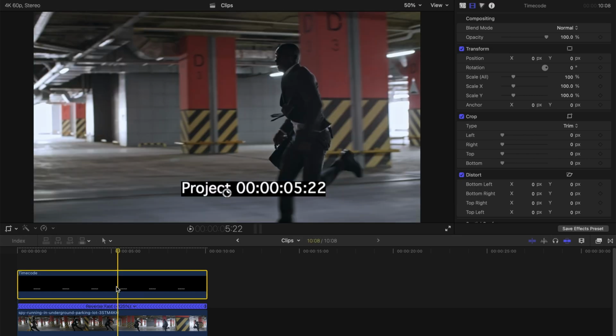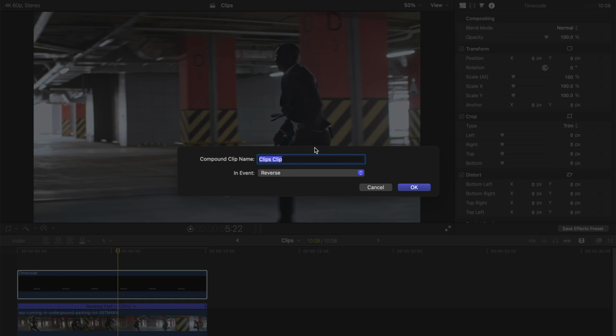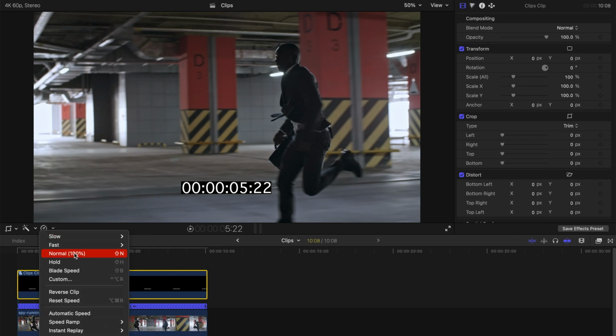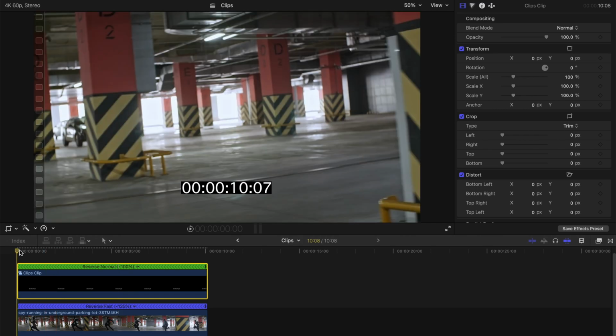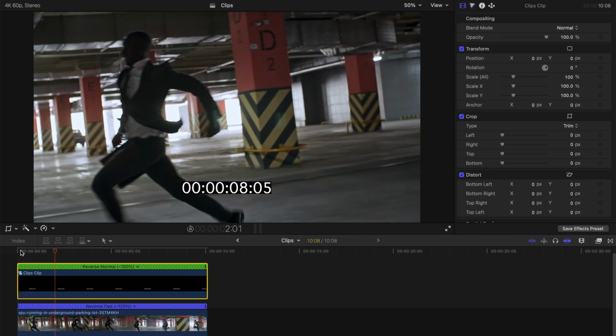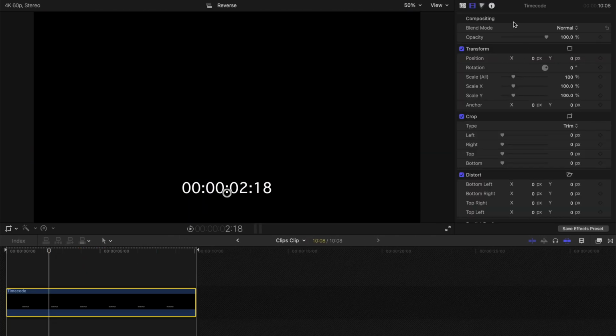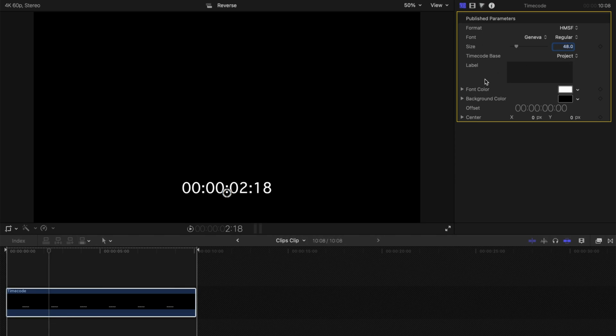And then I'm going to select this time code, press Option G to create a compound clip. Then select this compound clip, go to this speedometer icon over here and reverse the clip. And then voila, the time code is running backwards as well. And then of course you can edit accordingly if you want to include a project label, for example time. So this time code has a different meaning,